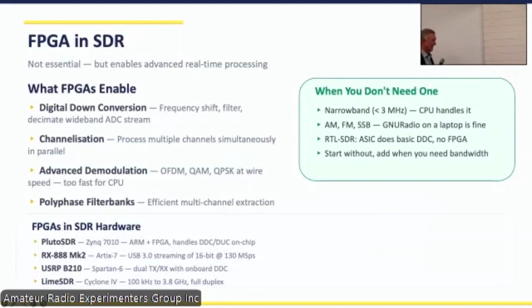Field programmable gate array. They're not in all your SDRs, but generally everything comes out with them these days. Why? Because a field programmable gate array can decode and do mathematical calculations, multiply, add, divide, very simply. So this is where we can start to look at all our different types of conversions. We want to be able to move, especially if you're looking at the higher frequencies up around 1 gig.